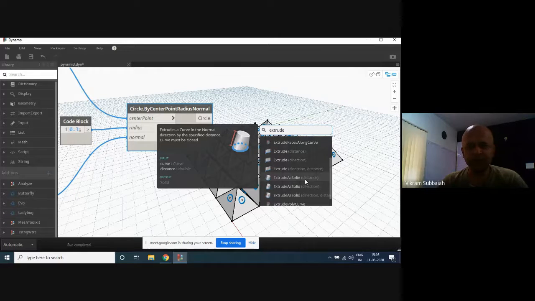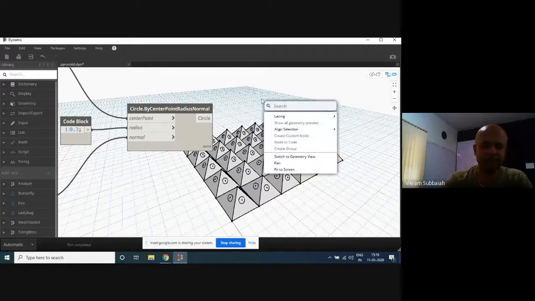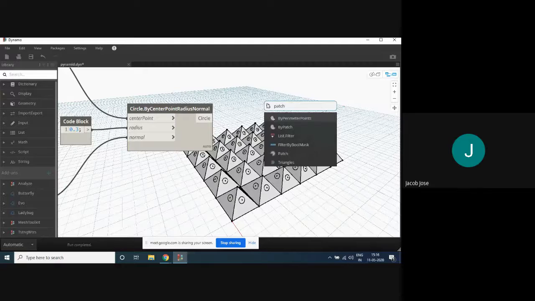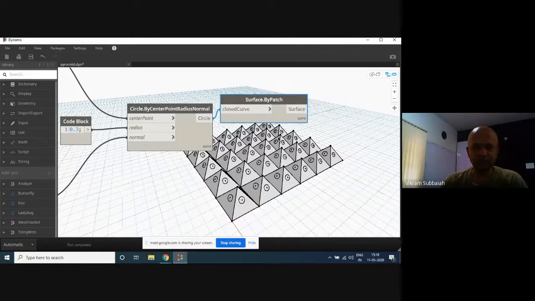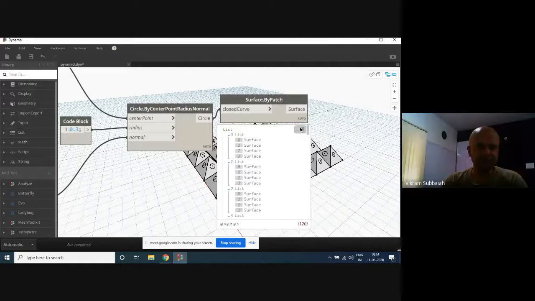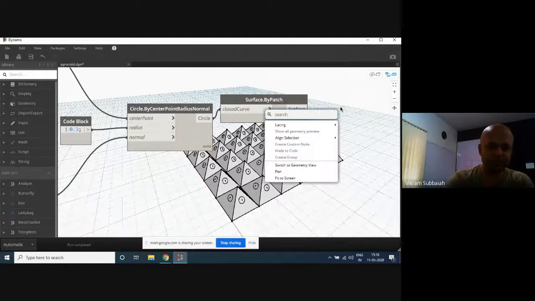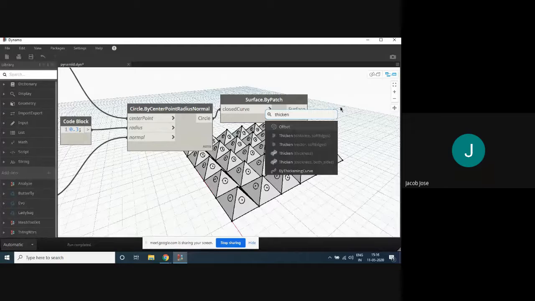But if we use extrude as solid, we'll need to specify the direction and distance. So instead I'm going to say patch. I'll patch and create one circle within that circle. It creates a surface of this, and then I will thicken this to create a solid.